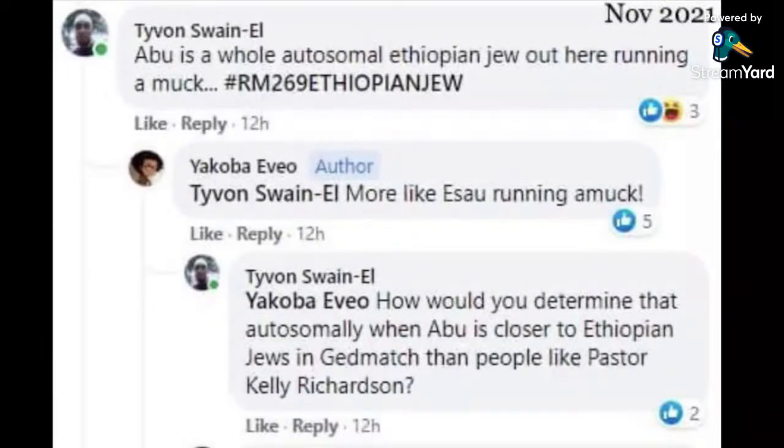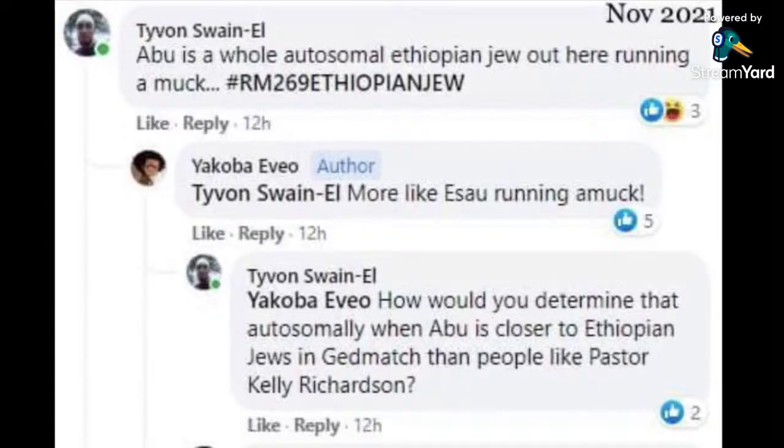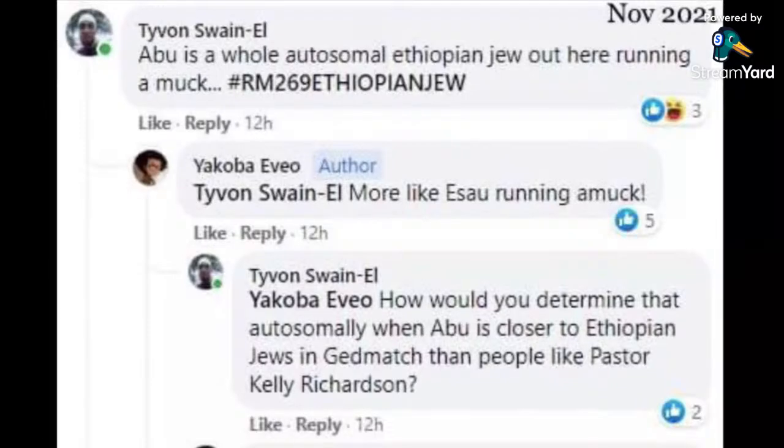He was saying, I'm not an Israelite, rather I'm an Edomite. Now, to be clear, I don't claim to be a descendant of Jacob, so I'm totally fine with people saying I'm not an Israelite. But Moore then asked him how one goes about determining that via their autosomal approach and their appeals to the GEDmatch Oracle, right? Moore even noted that as per the Oracle results, which have been made publicly available, I seem closer to being an Ethiopian Jew than our friend Pastor Kelly, who was likewise treating Oracle as evidence of alleged Israelite ancestry.